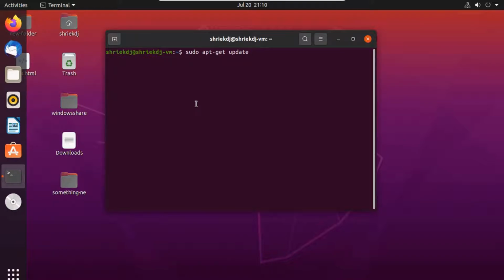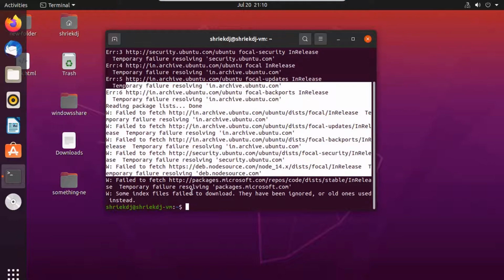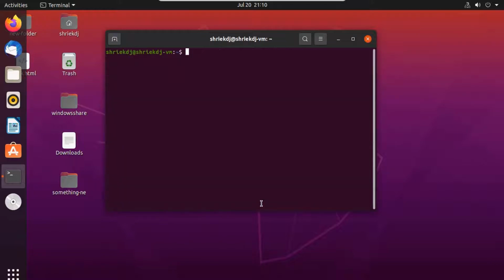It will ask for a password, add the password and then enter. It will take just a minute or 2 minutes based on your internet connection. This is showing errors because I already updated it, so let's ignore it and clear this.